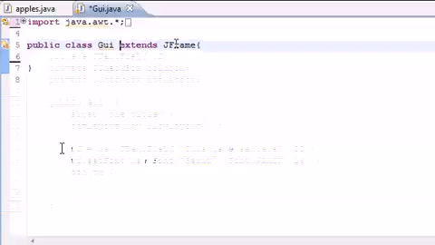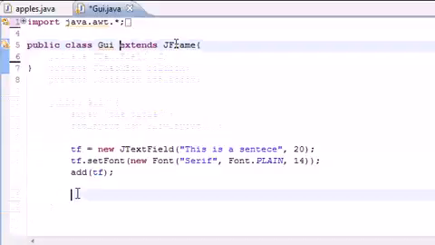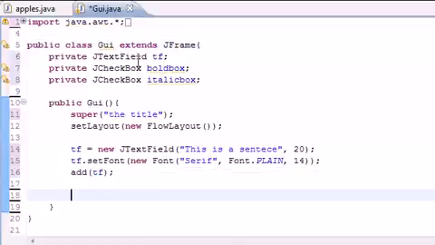screen. So now we got that text field right there. Now we can go ahead and make our two little checkboxes to add to the screen underneath it. So let's go ahead and make bold box, or whatever you named your variable, and let's go ahead and set this equal to new